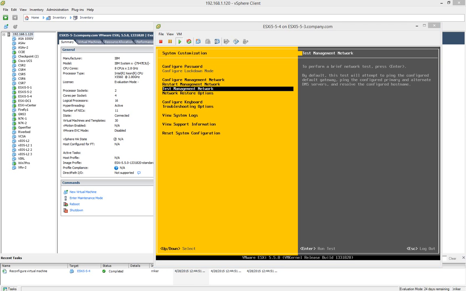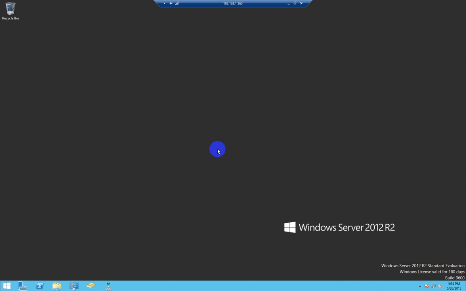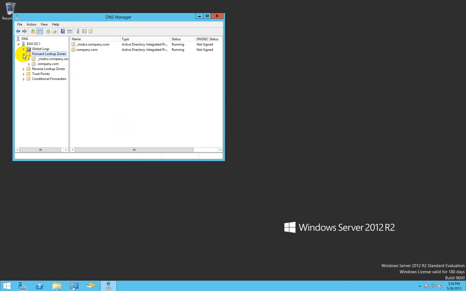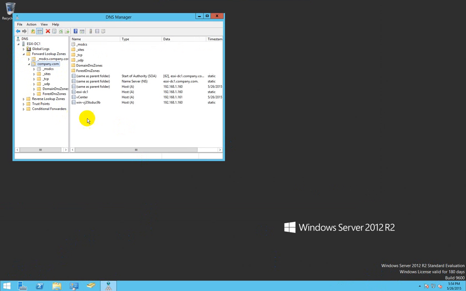Let me click on 160. This is my Server 2012 box. This is the domain controller. So this is my DC, and I'm running a Windows evaluation license. I have a bunch of stuff that's set up here. I'm going to click on DNS and expand DNS. I'm going to go down to forward lookup zones and company. And as you can see right here, I have